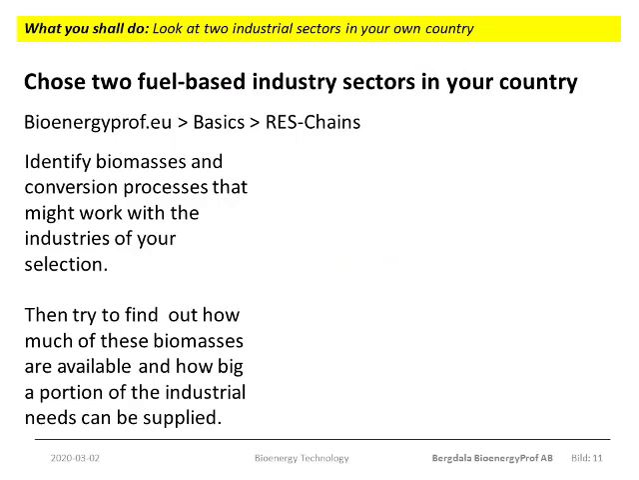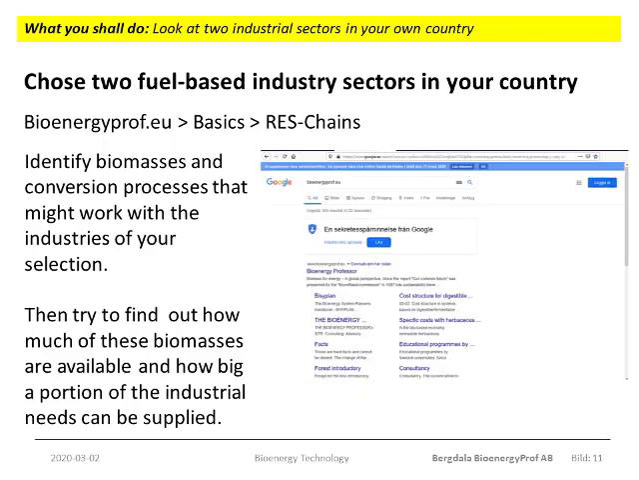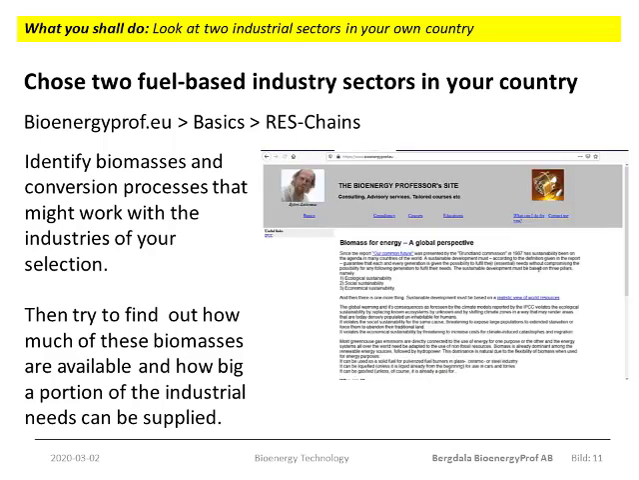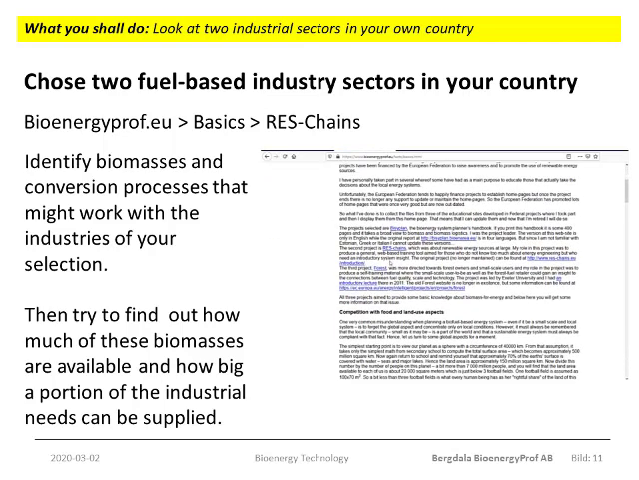Now it is time for you to set to work. Select two different fuel-based industrial sectors in your own region or country. Then go to the web page bioenergyprof.eu. Go on to the menu item Basics. Scroll down to find the link to the ResChains project. And then use this training matrix to find suitable biomasses and conversion routes to try to supply the industrial processes